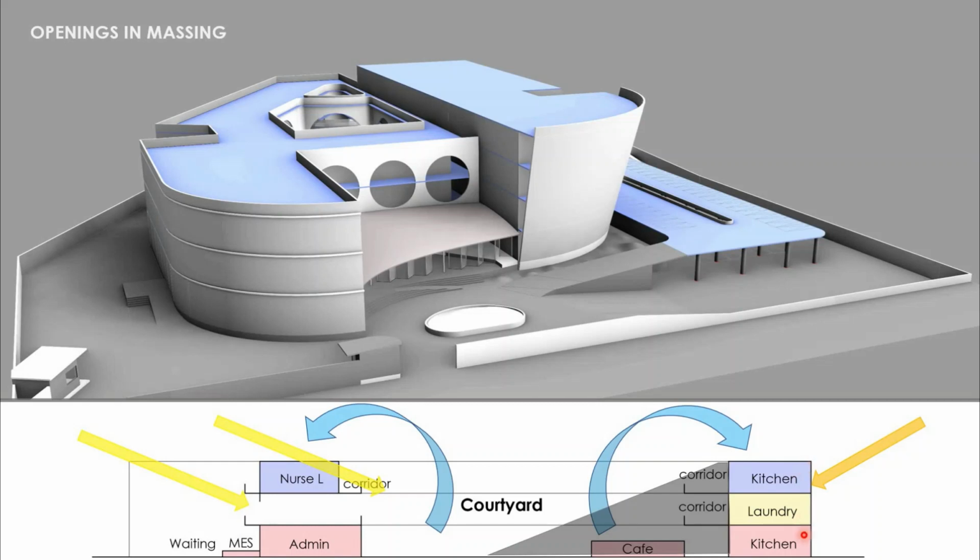We have heavily built the southern facade with all the service spaces, which will obstruct the harsh sunlight coming from the southern side and will provide a nice shade above the cafeteria. Also, we have provided openings on the northern side, which will allow the north light to enter into the courtyard.